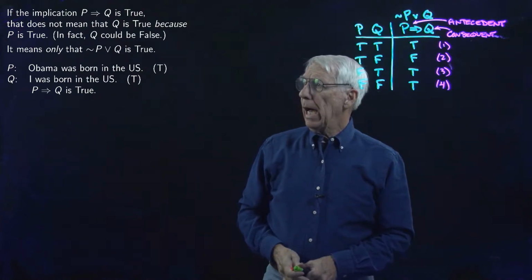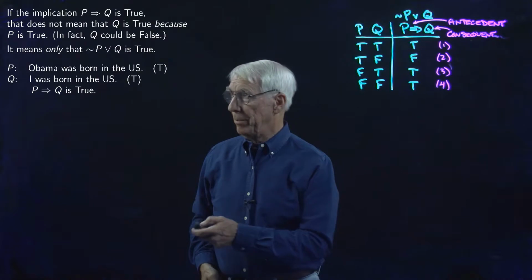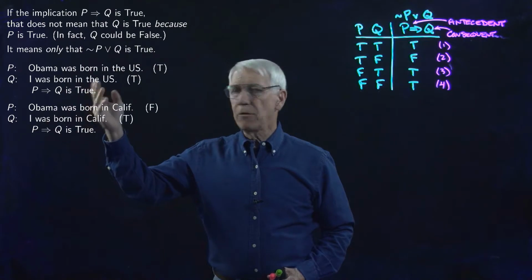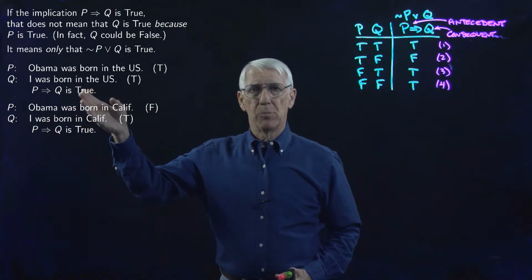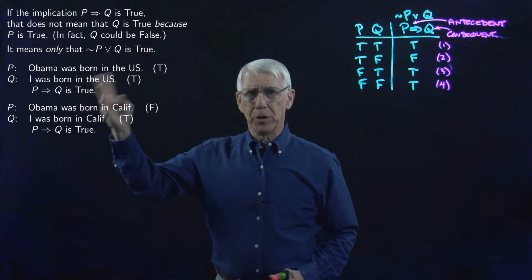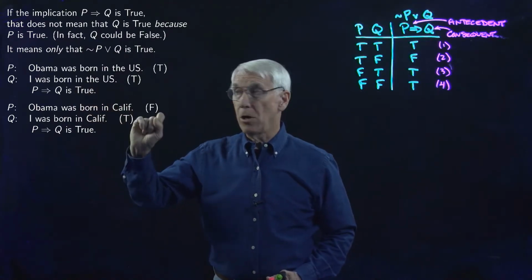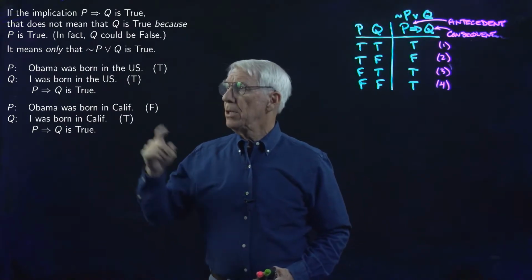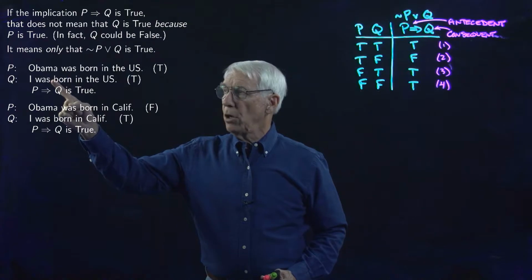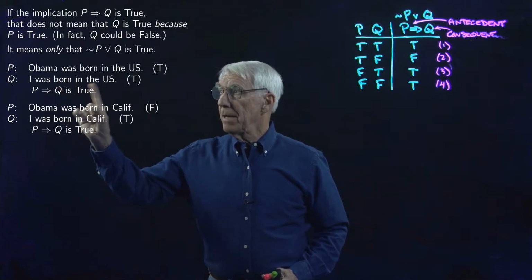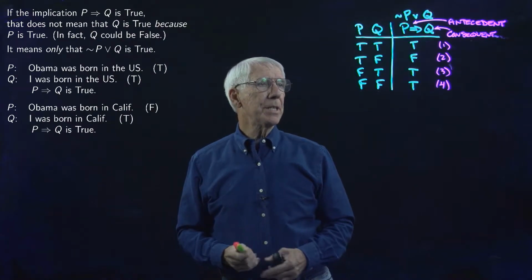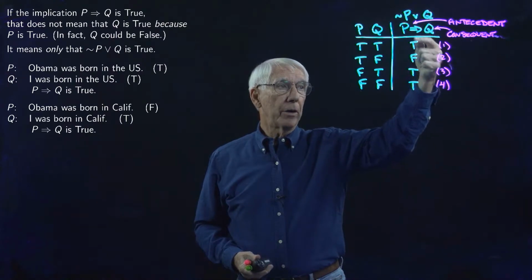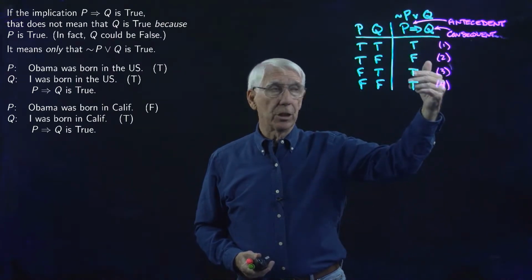But now, let's change things around just a little bit. Suppose I say that P is Barack Obama was born in California. Well, in fact, Barack Obama was born in Hawaii. So he was born in the U.S., but he was not born in California. So that's false. Q, I was born in California. That happens to be true. So now I have P is false, Q is true. The implication is still true because that is line 3 in the truth table for our implication, or our conditional